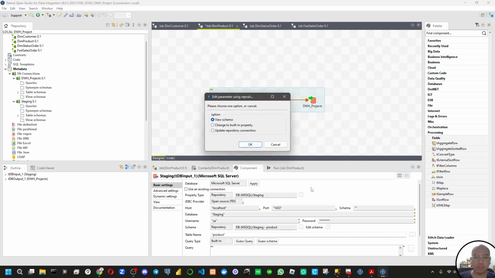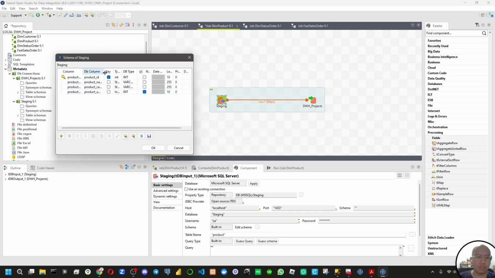Click edit schema, change to built-in property, and we change the name on the DB column as the name at the DWH project database.